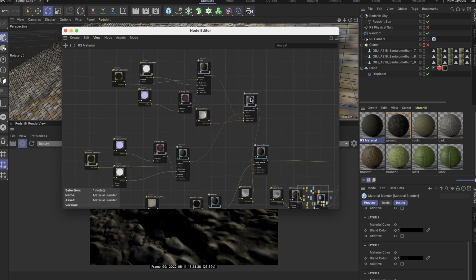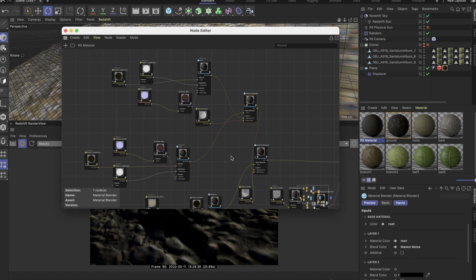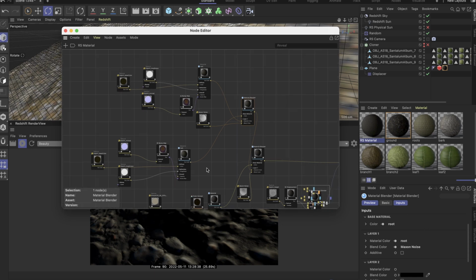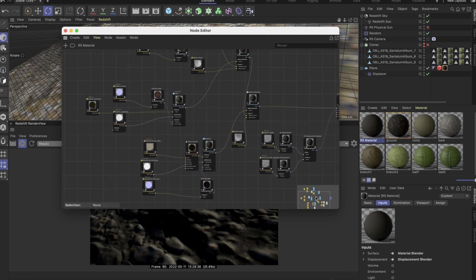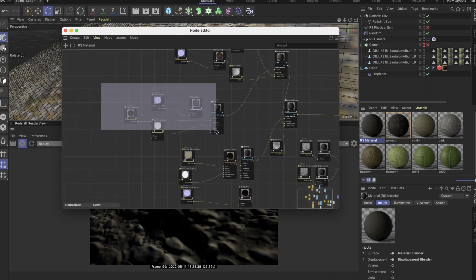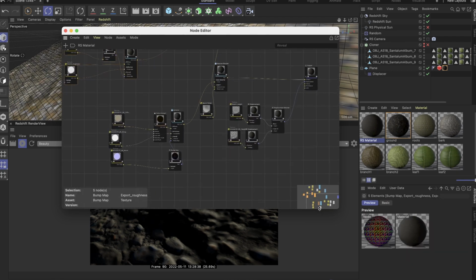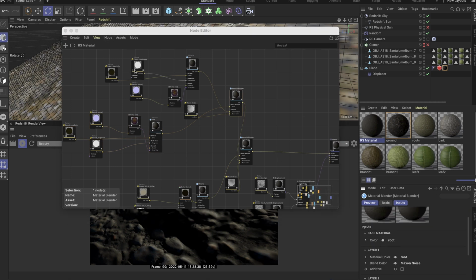Here I'm using Material Blender. Here it is. And maybe there's a way to show this panel here, so I don't need to switch between this window and this window, but I couldn't find this. I'm still very aligned to Octane, but unfortunately Octane crashes a lot on Mac, so I cannot use it. So then this Material Blender, and basically, a mix between this material, which is 60 degrees rotated